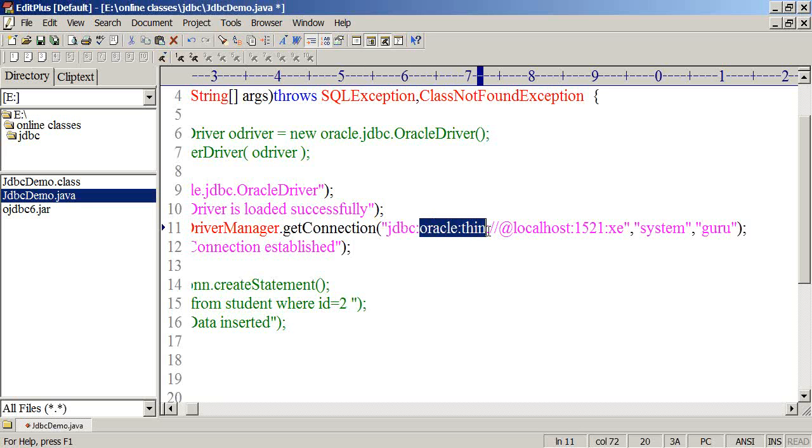And this part depends on the database server. This is called a sub protocol. This sub protocol is only for Oracle. If you access MySQL, the sub protocol changes. This protocol will be the same, but the sub protocol changes. JDBC:MySQL, something like this. What is the meaning of it here? By using this protocol, I want to connect to a database server which is running in